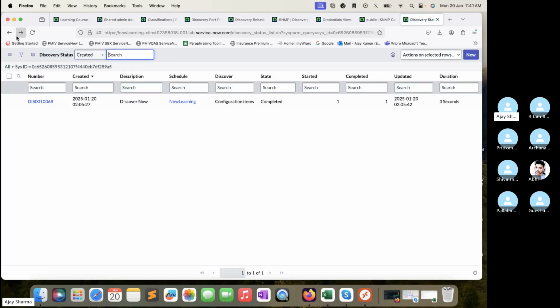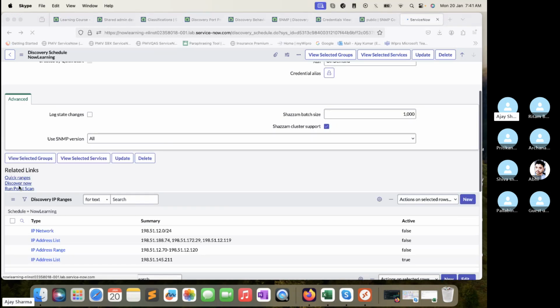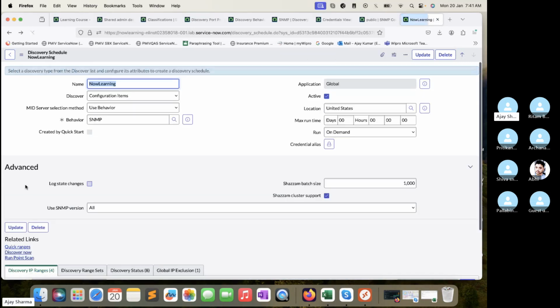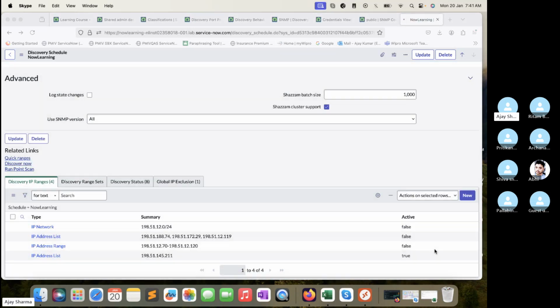I'm not sure, because that should run, but there is some connectivity issue from its server to that IP, or that might be the only reason it's not allowing us to discover that one. Let me try one more time. If it is not working, I will try to figure it out, because that should work based on the ServiceNow